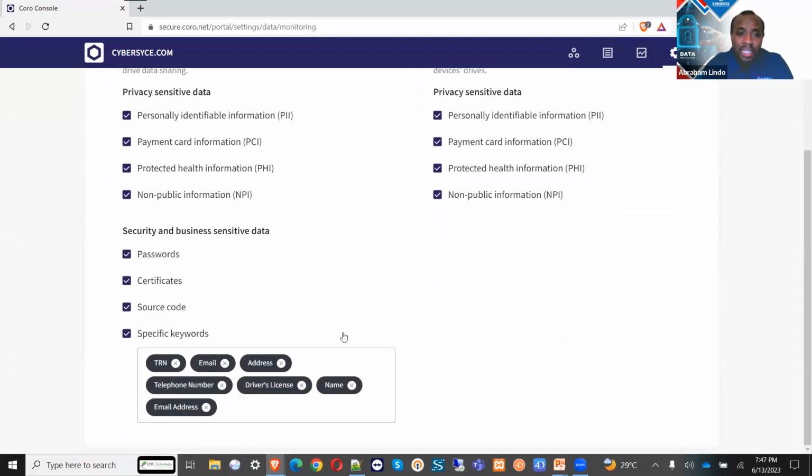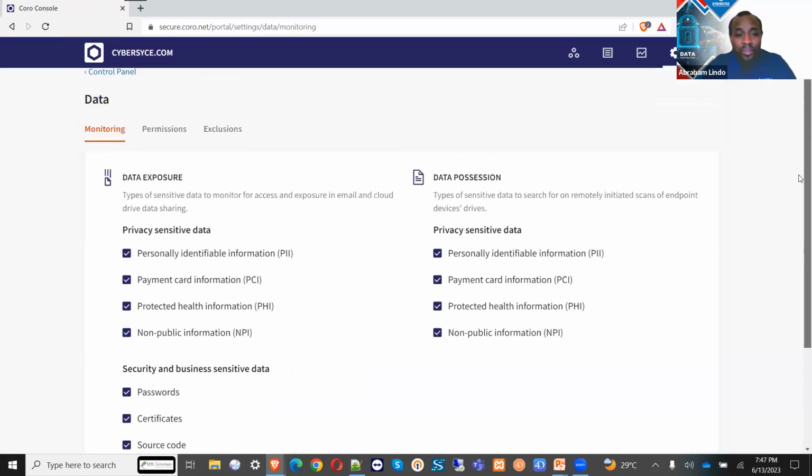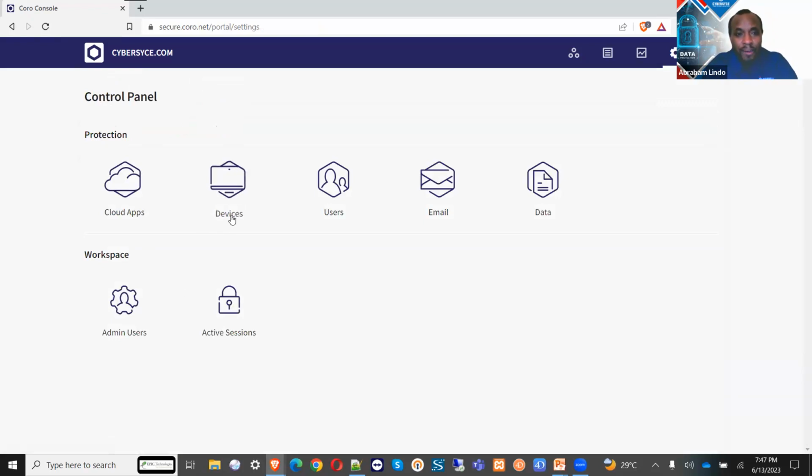We can even set up, and we talked about user behavior. So we know that if persons are using specific keywords or certain things we want to be able to look for, we can specify to look for this, not only in emails, but also where it may show up in our attachments, where it may show up in regular documents on our computer. Because yes, the software, the CORO solution, is able to check devices,